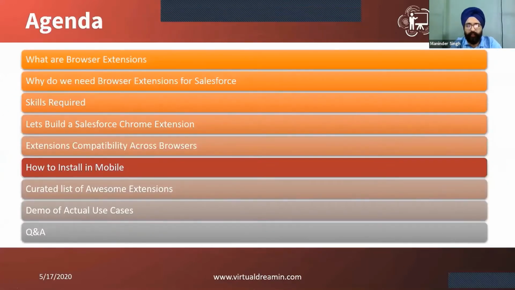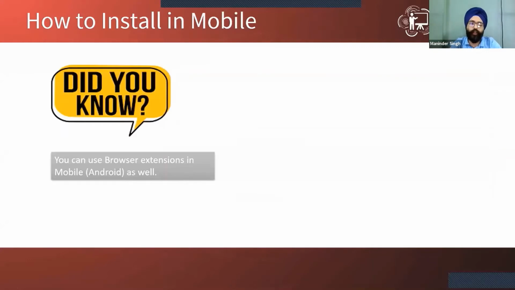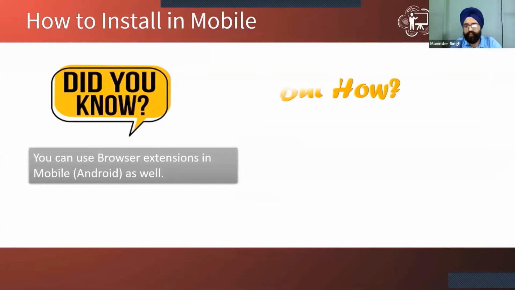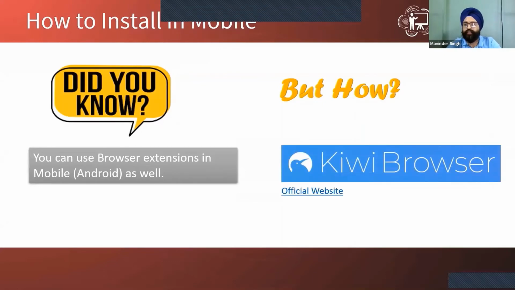Not many people know this, but we can also use extensions on mobile. It's not supported with the official Chrome browser, but I have tested it on Android and I particularly use it for my projects as well. There is an open source Kiwi browser, which is based on the same Chromium architecture on which Chrome is built.